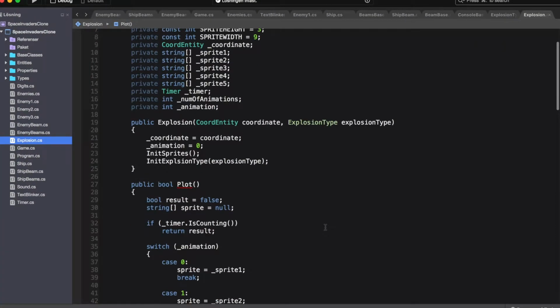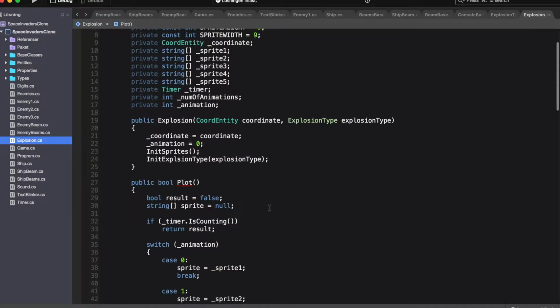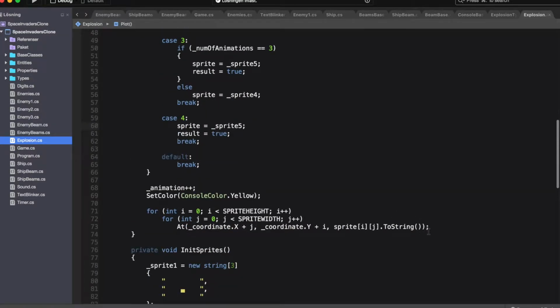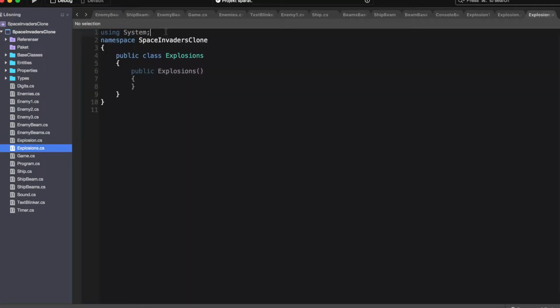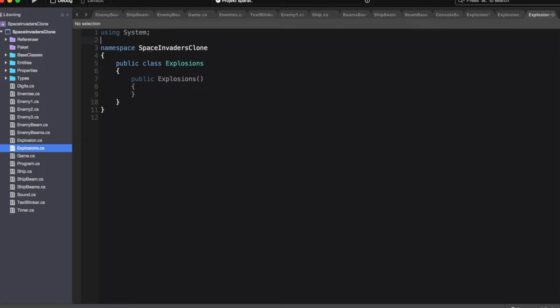So let's continue the explosion class. I had an error in the plot method. That is because I forgot to add the return result. Now, let's create the explosions class that will handle all the explosions. That is the list of explosion objects. So we're adding the explosions class, and here we need a private generic list of explosion objects